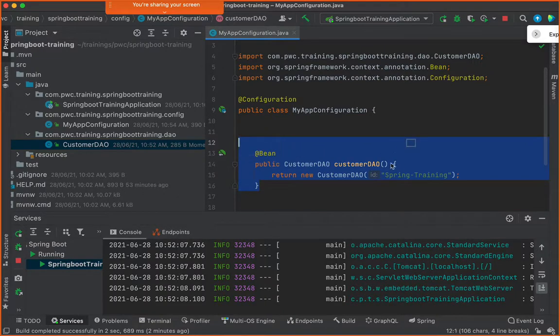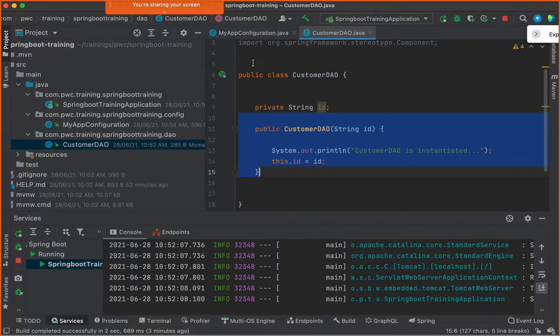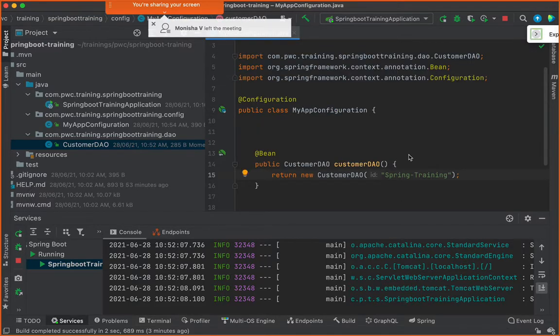Here I am instantiating the class the way I want. I wanted to pass something as a parameter while creating an instance of it. So I decide how to create an instance. If I leave it to the Spring container with @component here, then in that case I will have to provide a default constructor, or else some other bean that must be passed as a parameter, but I don't have any other bean to be passed as a parameter. This is the value that I need to set at the time of creating an instance. You got this? This is how it is.